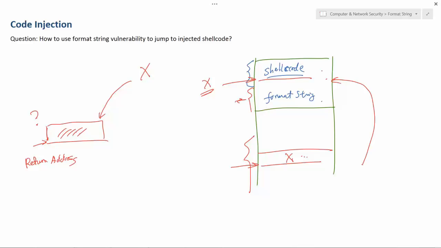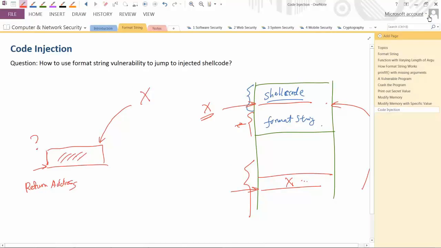In the lab we don't ask you to do this kind of thing. We just ask you to be able to put a value into a variable. So the lab is much more simplified than what I just talked about. Is this clear? This ends our discussion on the